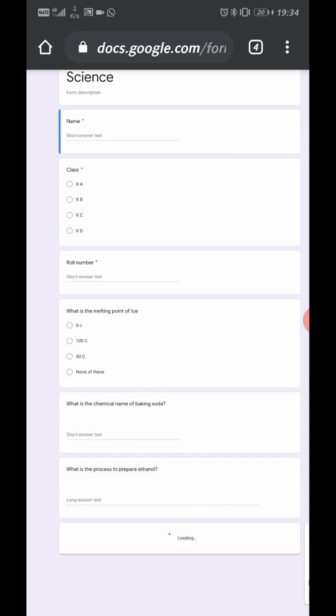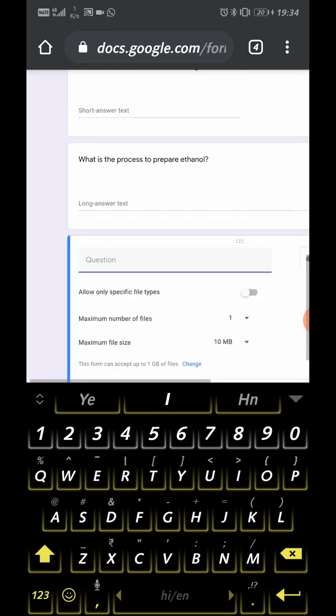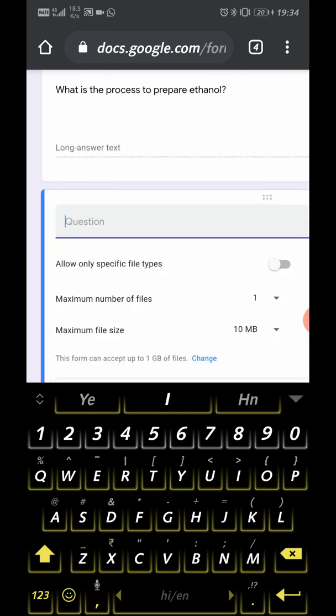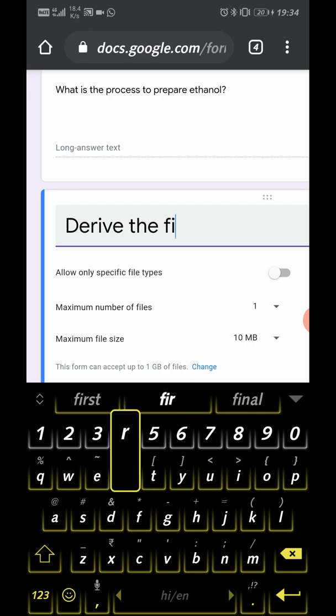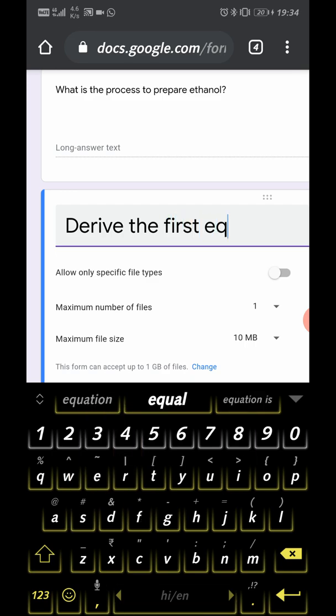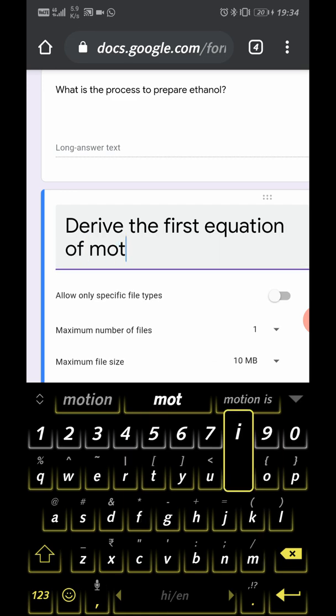Here go to continue. Now here we add the question: derive the first equation of motion.